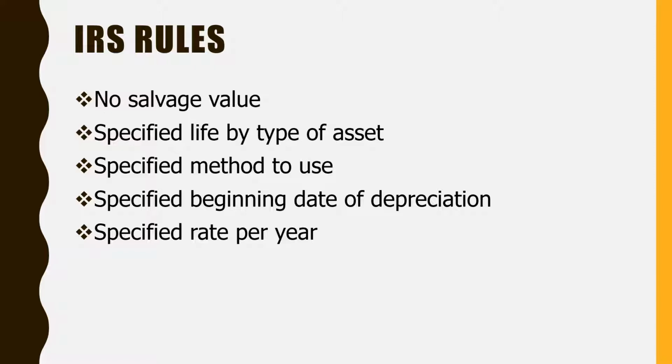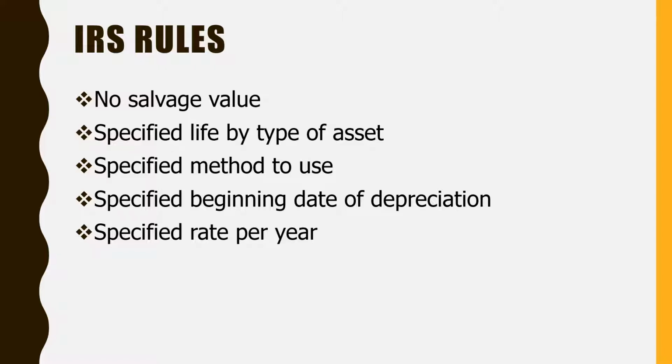If you think about it, managers would never use a salvage value, so they'll be able to deduct the full amount of the asset cost over the life of the asset. Because of this, the IRS says that's fine. Never use a salvage value and everyone will be happy. In addition, the IRS has specific lives for each type of asset, and we'll see that in a second. The IRS specifies the method to use, and it's different from anything we use for financial reporting. So by definition, tax and book depreciation will be different.